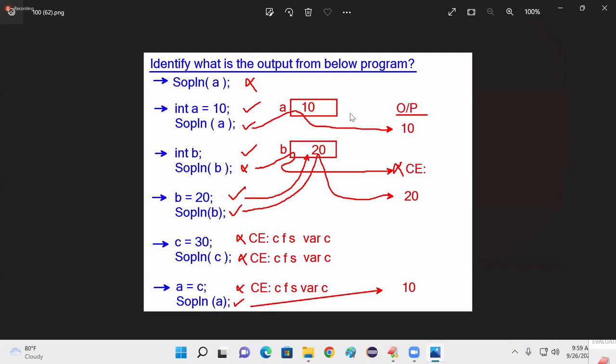Again, I'm reminding you, practice with memory. When you see data type variable name, immediately you have to draw memory. When you see only variable name equal to value, don't draw memory, store value inside that variable. Okay. Now,